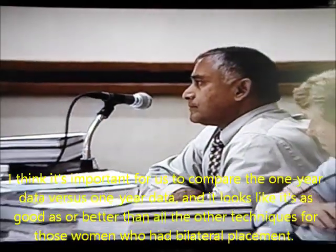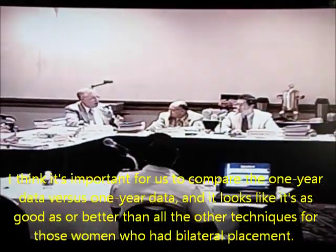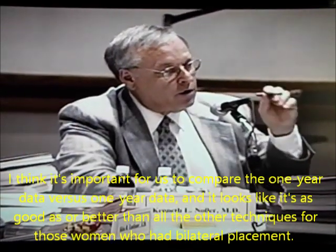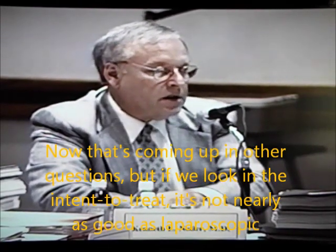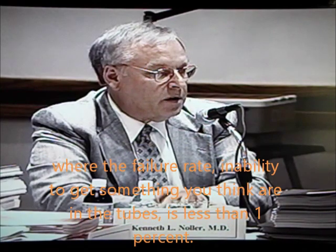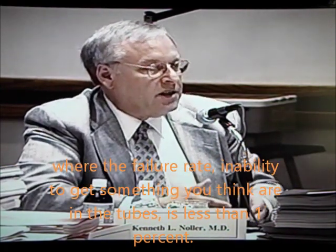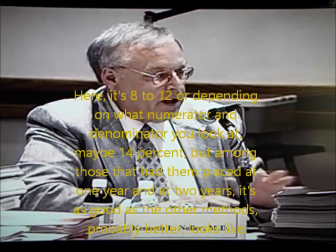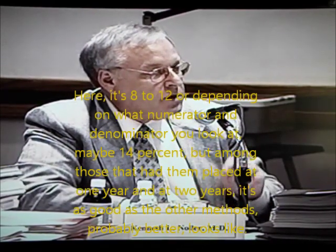I think it's important for us to compare the one-year data versus one-year data. It looks like it's as good as or better than all the other techniques for those women who have a replacement. And that's bringing up other questions, but if we look at attempts to treat, it's not nearly as good as laparoscopy, where the failure rate, or the inability to get something into the tubes, is less than 1%. Here it's 8 to 12, depending on what numerator denominator you're looking at, maybe 14%. But among those that have placed,